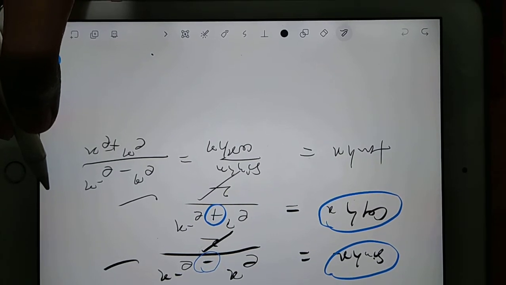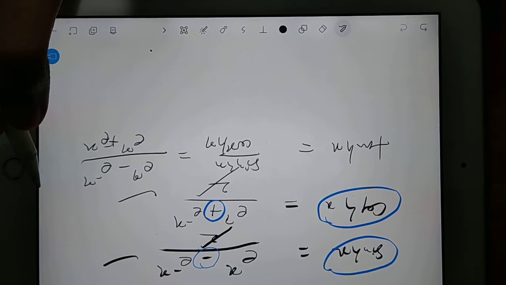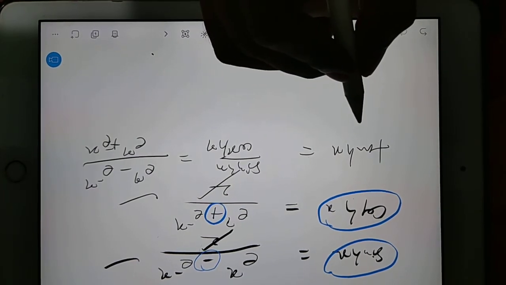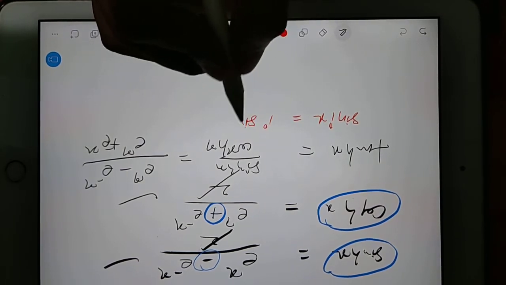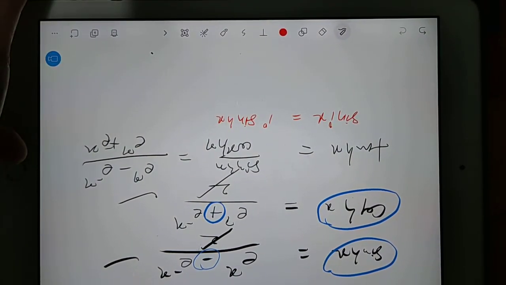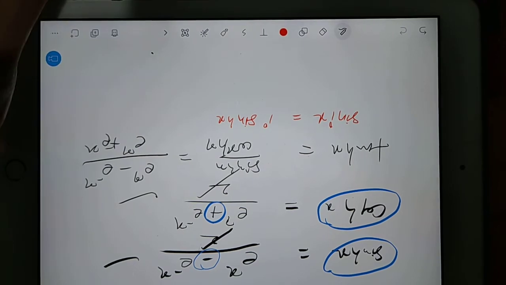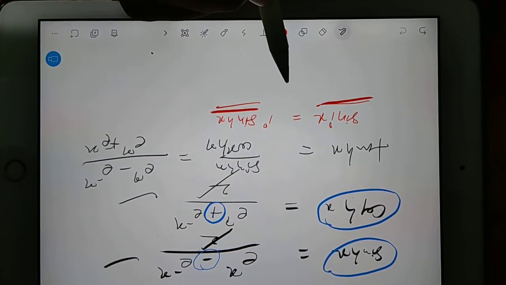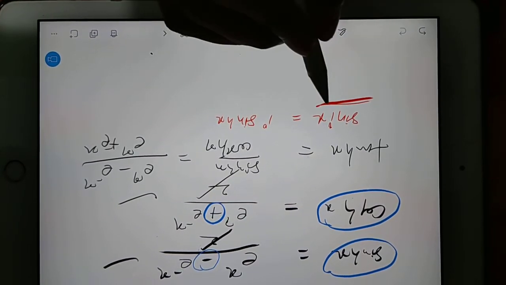Now few functions are convertible. There we need some tricks. So those tricks you mention now itself. Whenever sine ix is written, that will be equal to i sine hx. There is something called circular functions. Circular functions and hyperbolic functions relation we convert in this format. So these are circular functions and these are hyperbolic functions. So you see here, circular function I am writing in terms of hyperbolic function.